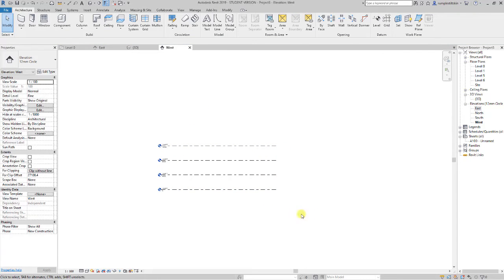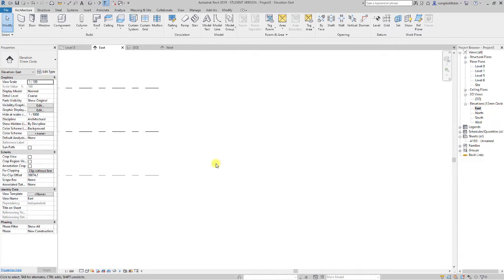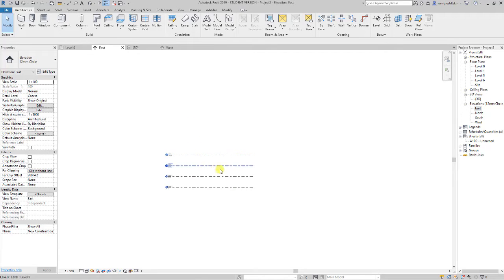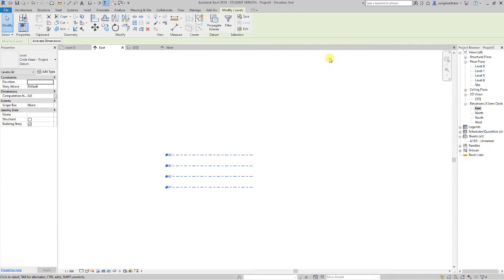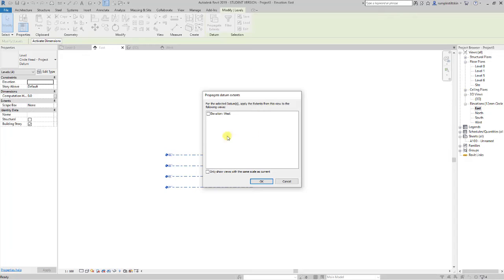Now, this has a corresponding view. I'm on the west view at the moment. If I go to my east view, in fact, they've worked out quite nicely. Sometimes they are still looking a bit ragged. And the way to clean that up is if you click around all of them, like so, then we look at the modify ribbon, and we've got this thing called propagate extents. If you're ever struggling with these things not quite tying through, then we can propagate 3D extents and click on west elevation